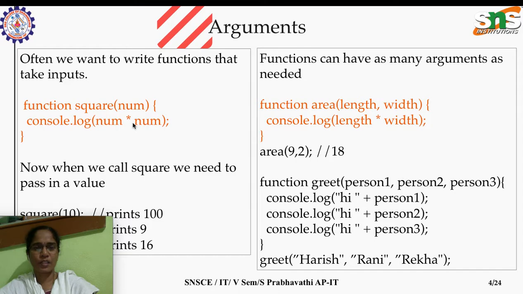Now dealing with function arguments. This function takes only one argument, and in this example it takes two arguments. One thing you need to note here is that there is no need to mention the data type for the formal parameter. It's not necessary. Then this is the function definition, and here is the function call. Three different functions I have given with different arguments: one argument, two arguments, and three arguments, without the data type.